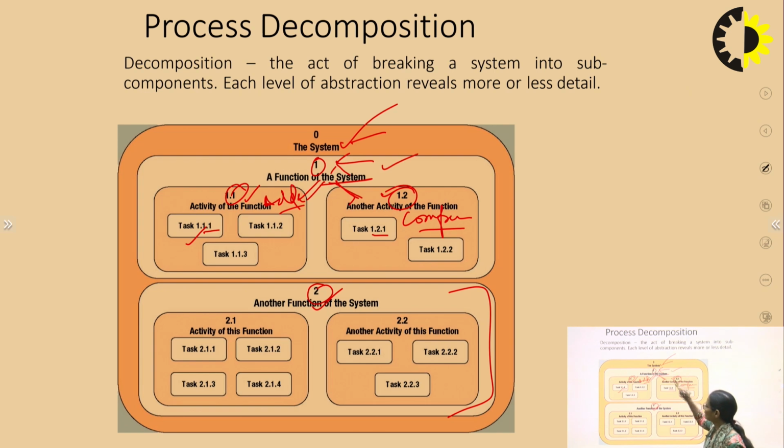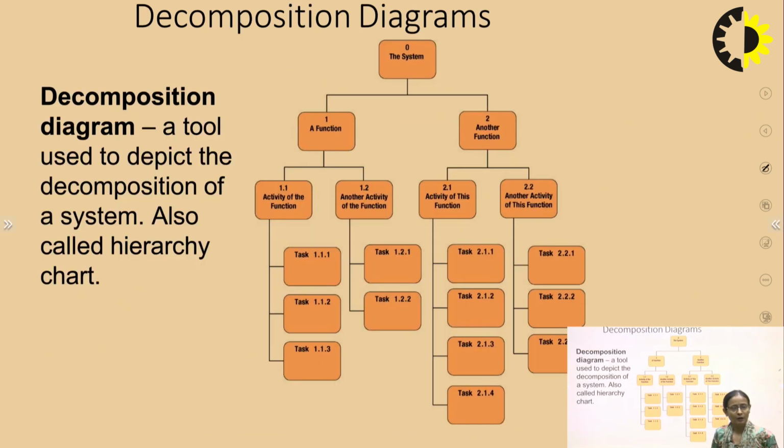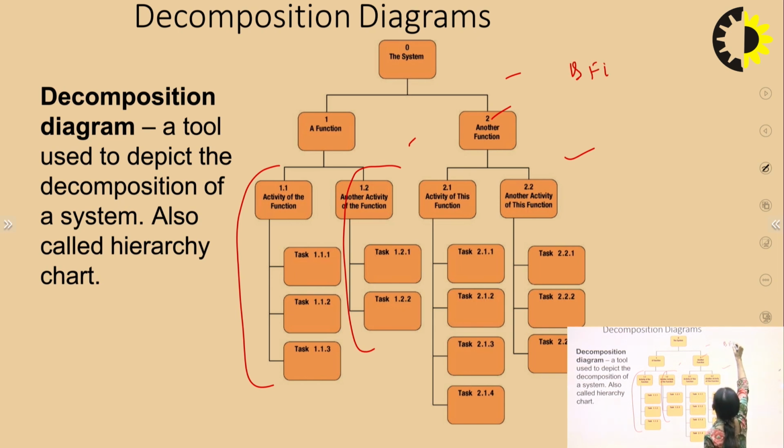Here at this level we are showing only a function. At this level I am further decomposing this function, so we are reaching finer details. Or we can show the previous diagram with the help of this also. Here I have the system, here I have the functions, and these are the activities of my function. So we can show it in the form of a hierarchy. Here I have the DFD level 0, here the DFD level 1, 2 and so on.